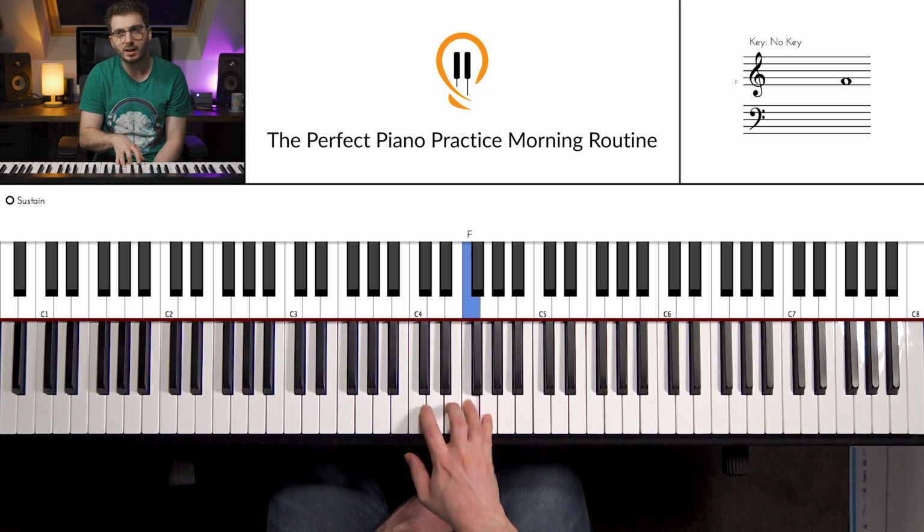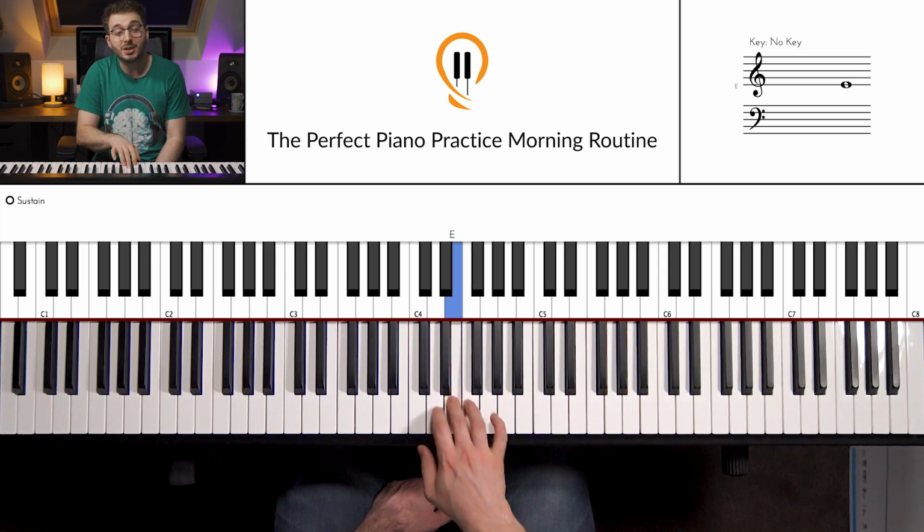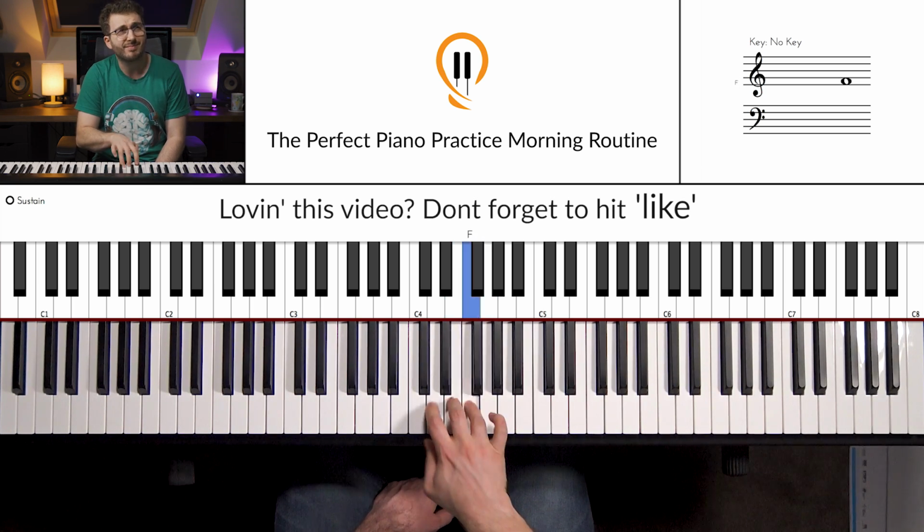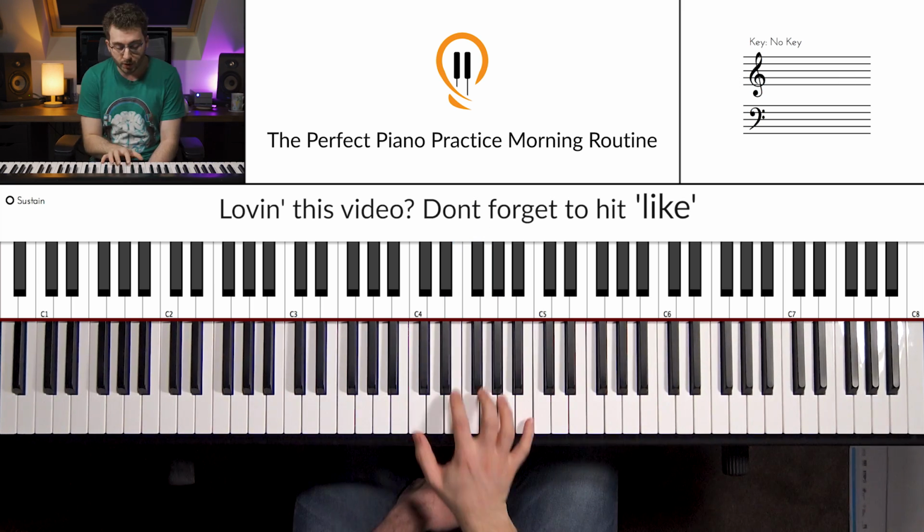And I should mention that I am now a proud father of a 3-month-old, and I have had no time over the last 3 months to practice this piano. So I'm a little rusty myself, and I need this as much as you guys, which is kind of why I wanted to come up with a morning routine, to be honest. Just get up, get on with it. Anyway,